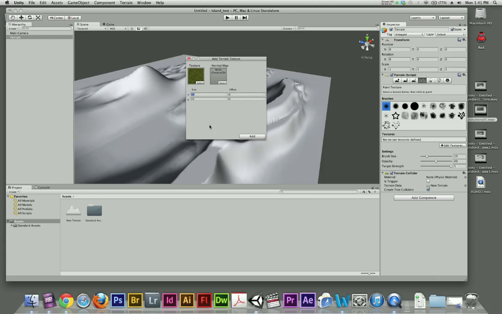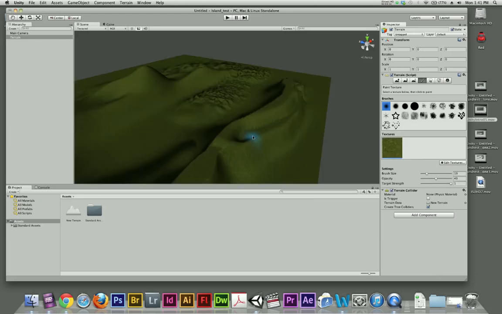I'll probably want to come back and tweak that a little bit later, but I'll add this. And so what that does is it applies this grass texture to an active texture that I can use for my brush. Now by default, the first texture that I add, the entire terrain assumes that texture, and that's just fine. I want to add a second texture, and what I'll do is I'll go back to the Edit Texture